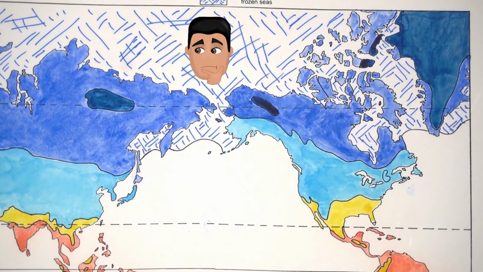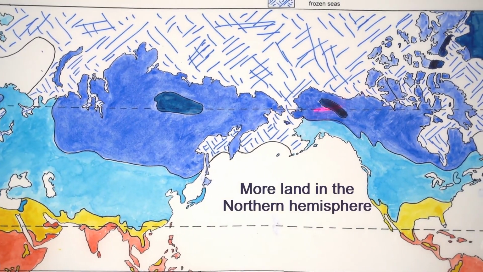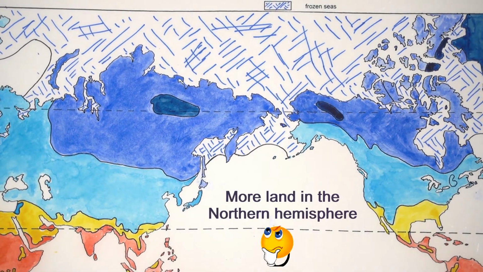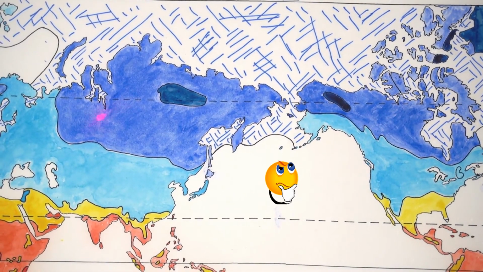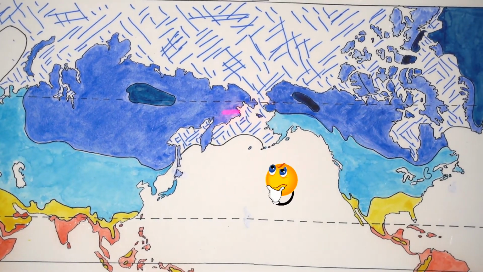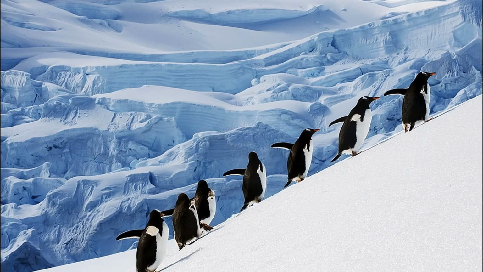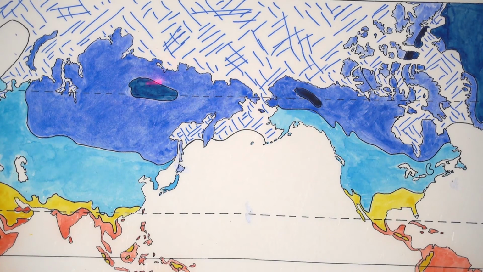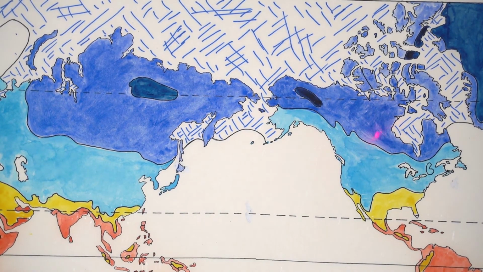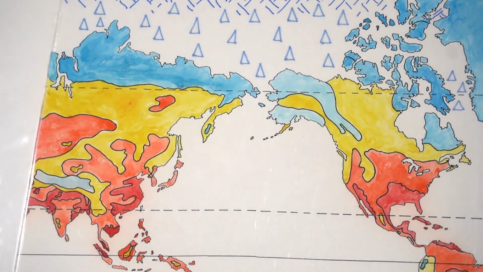Now what do you discover on this chart? We see here that we have more land here in the northern hemisphere than we have in the southern hemisphere. So we see that we have the coldest part of the earth here because there is more land here, and of course we know that land gets colder faster than water. So we see here how cold, you see the coldest parts of the earth we can see here, where we have lots of land. Now let's look at here,